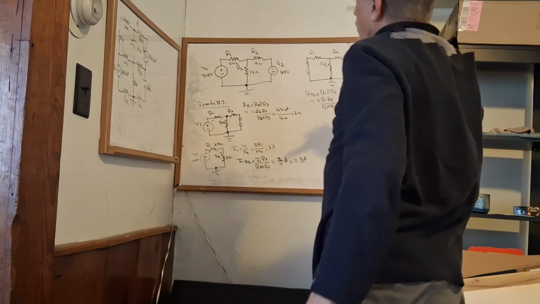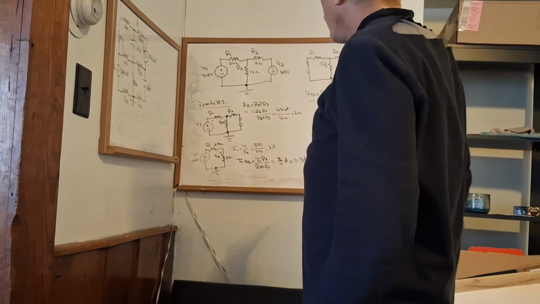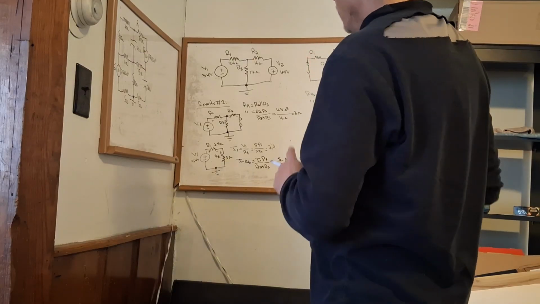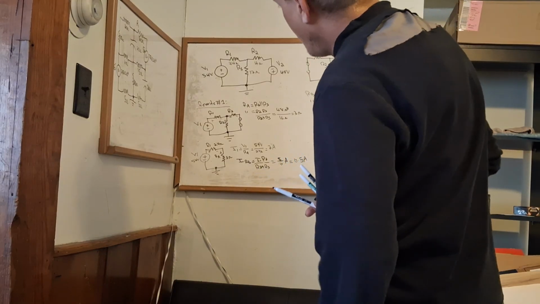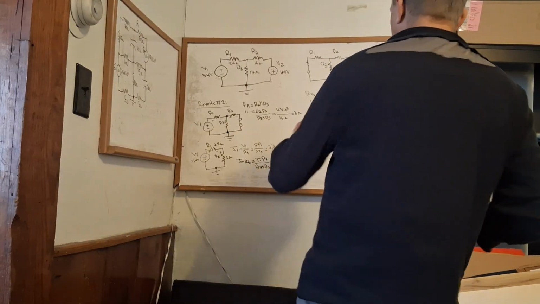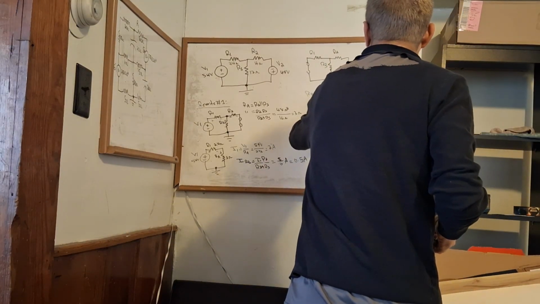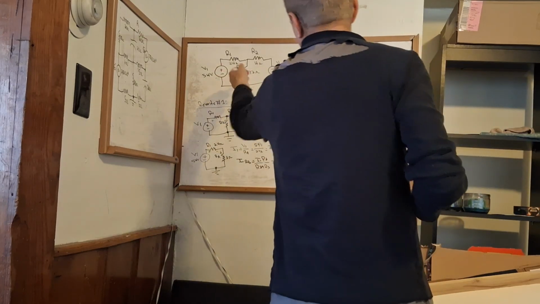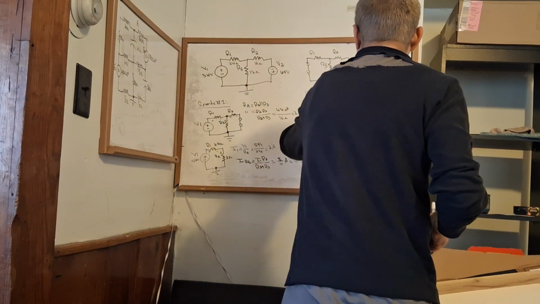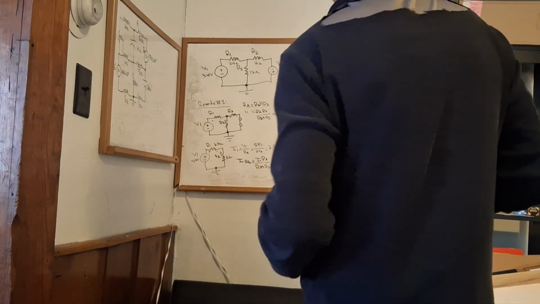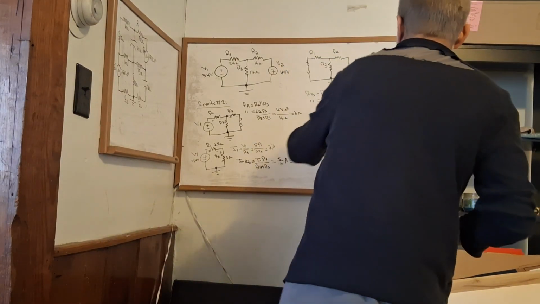Well, 24 times 12. 24 times 2 is 48. 24 times 10 is 240. And 240 plus 48 is 288. So we get 288 ohms squared, and we're going to divide it by R1 plus R3, which is 36 ohms. Now I'm pretty sure that's 8 ohms,